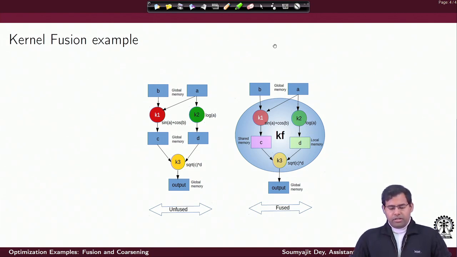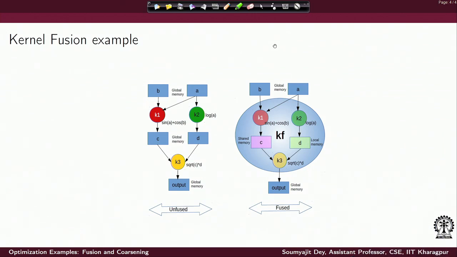The other observation is, let us identify the advantage in this case out of fusion. In this case it is a big advantage, because each of the kernels is not doing that big a computation, but there are lots of global memory reads and writes. K1 and K2 are reading from B and A, then writing back to C and D, and then K3 is reading from global memory again and writing back to global memory. If I fuse K1, K2 and K3, then I have a global memory read from B and A, and a global memory write at the final output.